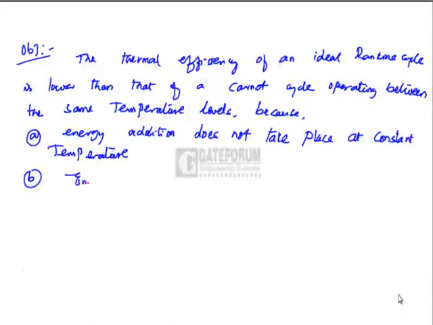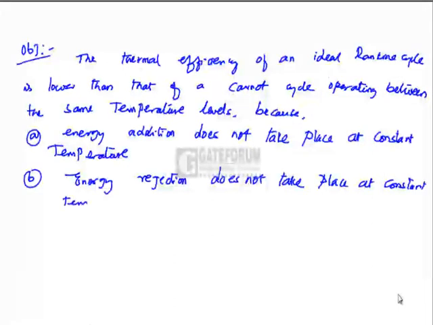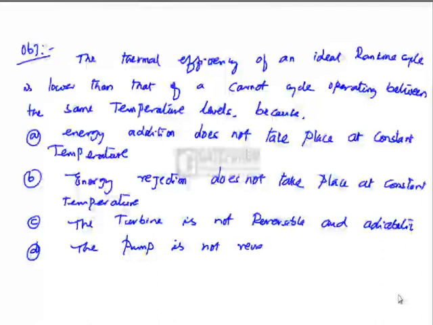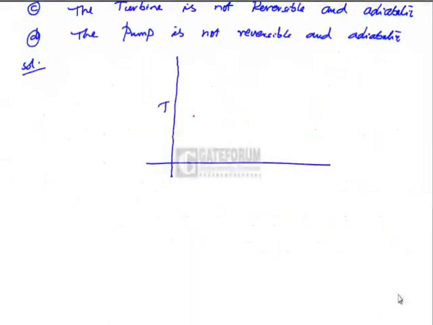B, energy rejection does not take place at constant temperature. C, the turbine is not reversible and adiabatic. D, the pump is not reversible and adiabatic. Now, the answer to this question could be given if you look at both the cycles on